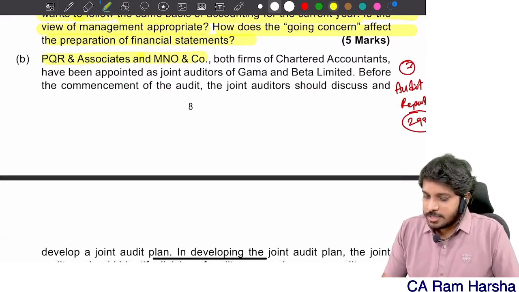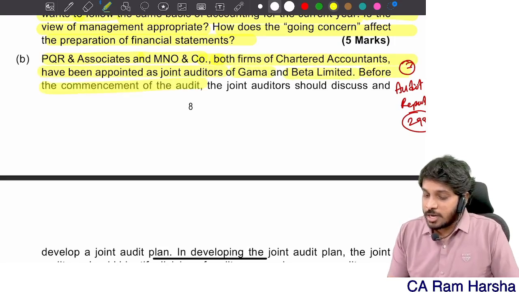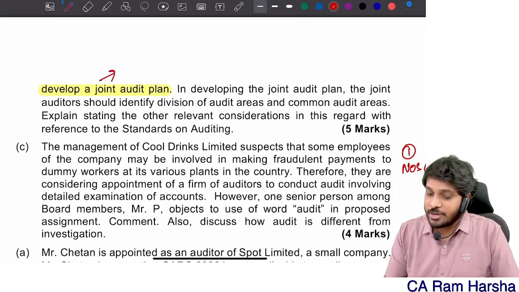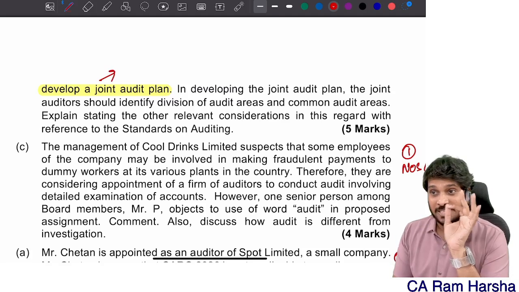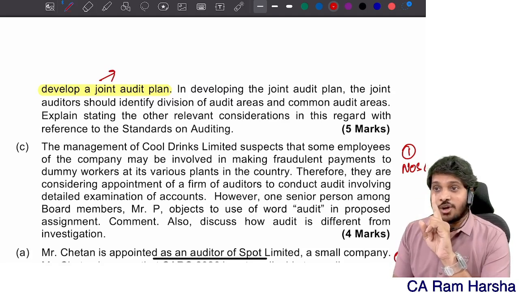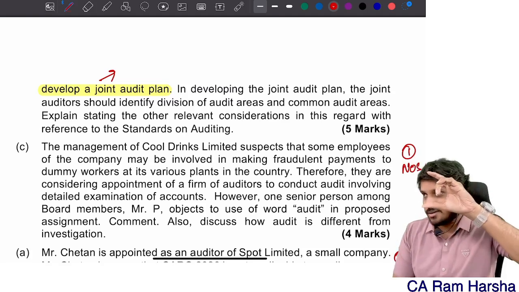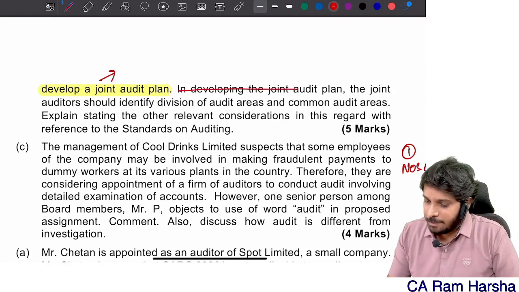PQR and Associates and M&Q, both firms of chartered accountants, have been appointed as joint auditors of Gamma and Beta Limited. Before the commencement of the audit, joint auditors should discuss and develop a joint audit plan. Remember, when we're discussing joint audit, inside that, one of the points, special consideration, inside that joint auditors shall develop a joint audit plan and they need to consider the following factors. Sub point. I told in the class that itself can be asked as a question. That one. In developing a joint audit plan,